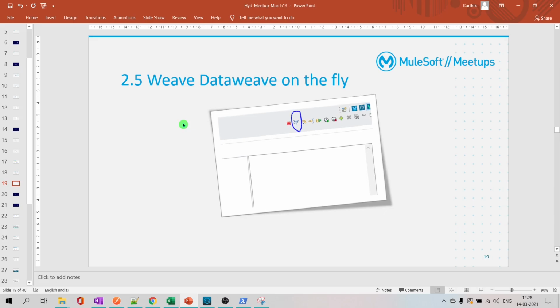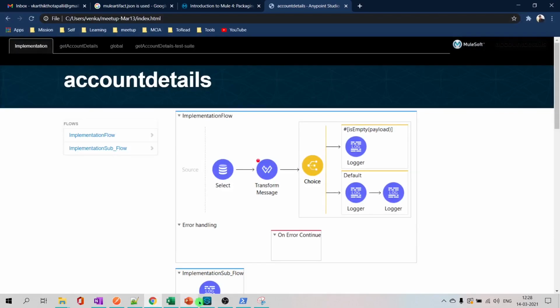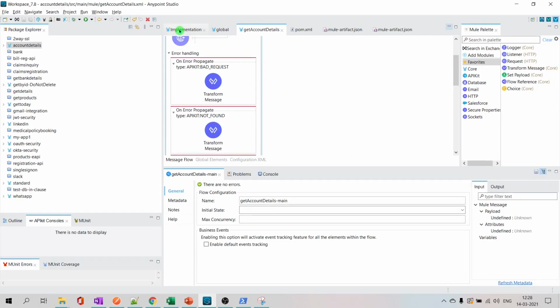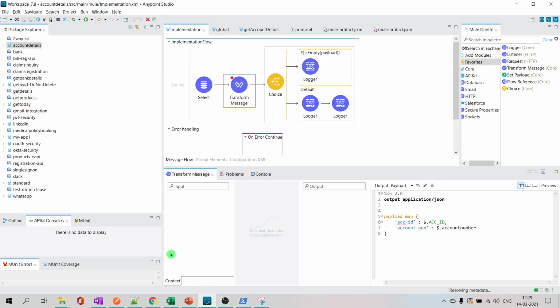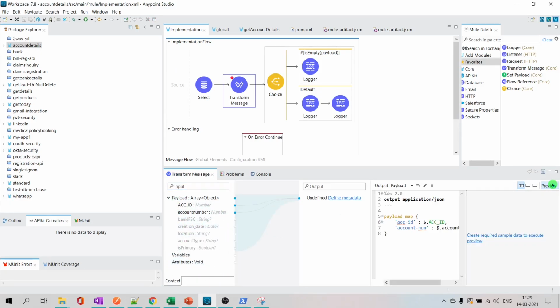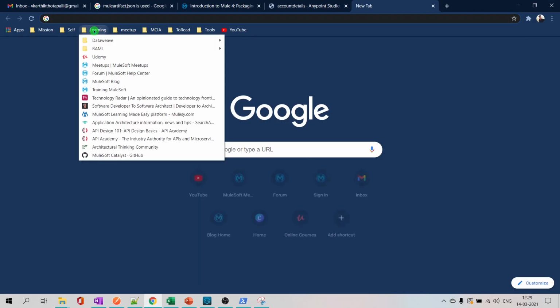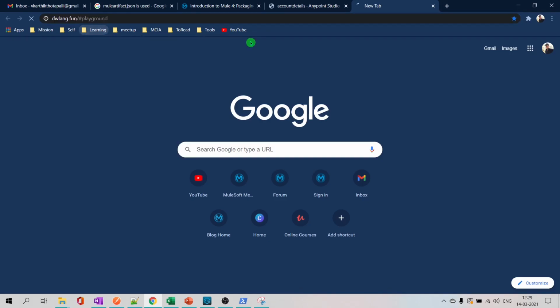Okay, this one is also an interesting one: DataWeave on the fly. While writing DataWeave scripts, we generally do two things. One is go to the transformation node, enter our metadata, write our schema and do a preview on that. This is good enough when you are doing initial project development. We put some metadata here, write some script and see the preview to check if it is good enough for our requirement. Or there's one more option, to write DataWeave on the cloud.